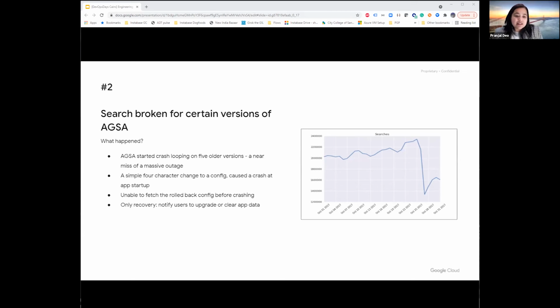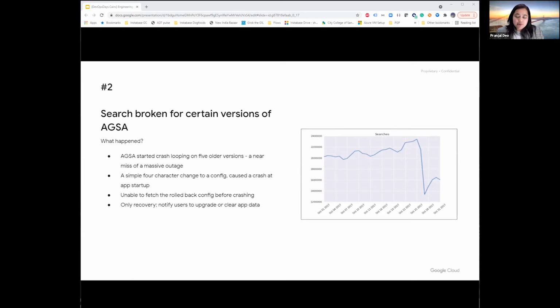In this one, the outage was triggered by a simple 4-character change to a legacy config that was unfortunately not canaried. One of the things I mentioned in the change management slide. It was just tested on a local device, run through automated testing, committed to production, and rolled out. So 2 unexpected issues occurred. First, due to a build error, the change was picked up by old app versions that could not support it. And second, the change was rolled out to a wider population than intended.